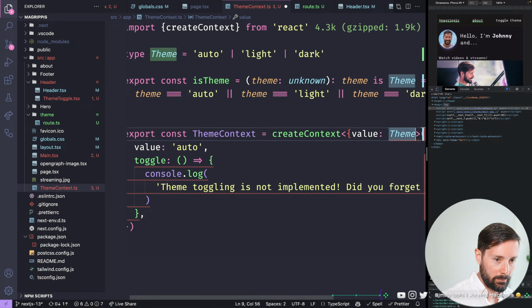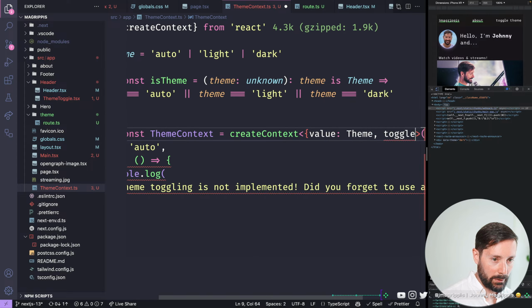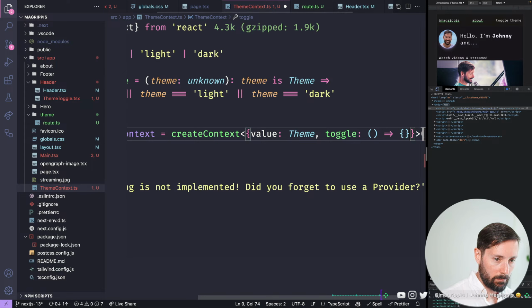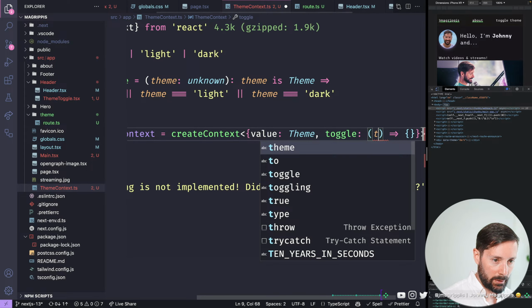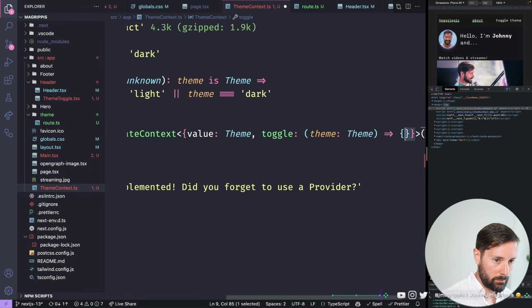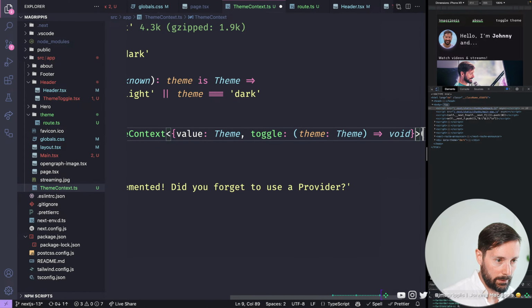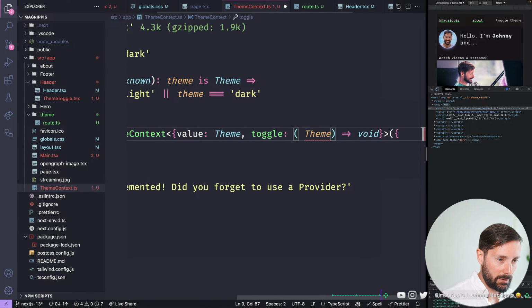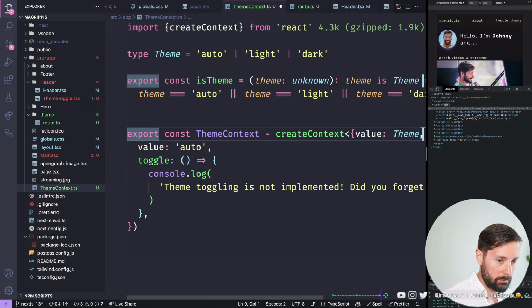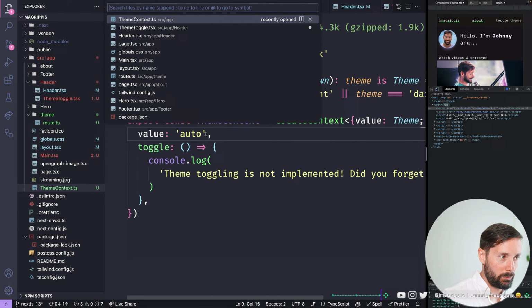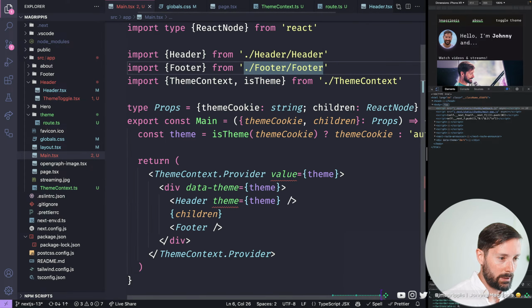It's a theme, and just a method, a toggle method, that is going to be taking theme and returning nothing. Or maybe it just returns nothing anyway. We could call it set theme. Nah, just toggle is fine. But that means wherever we put the provider, so in our main file,